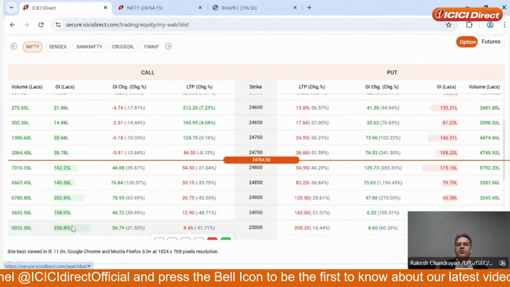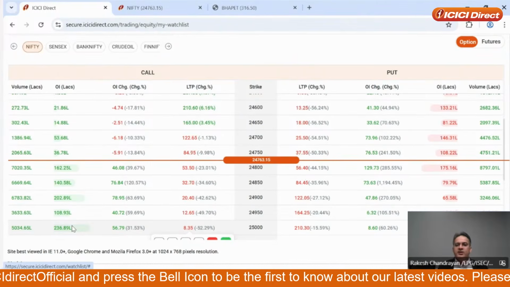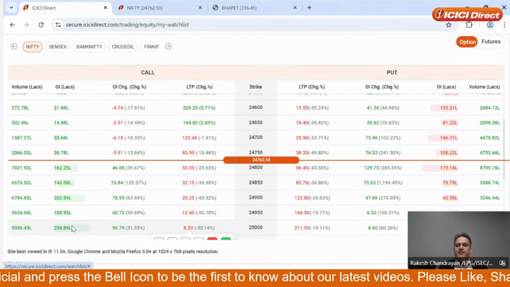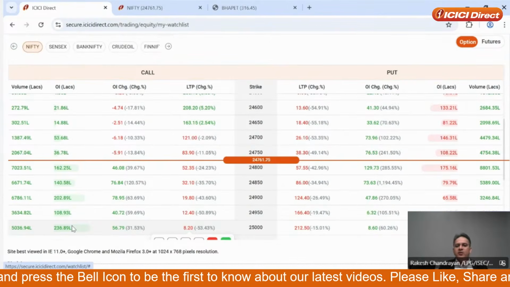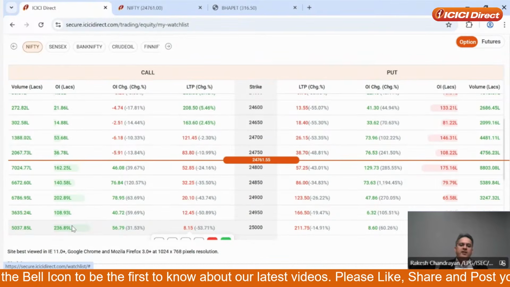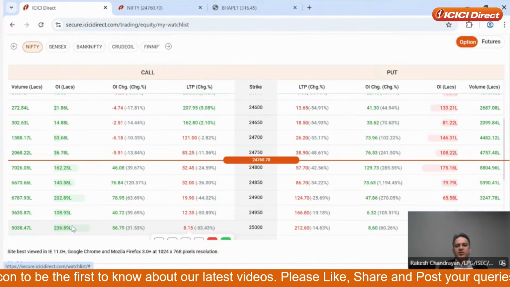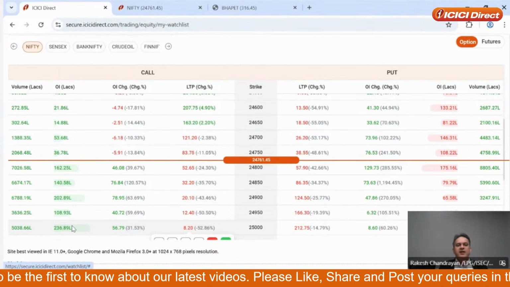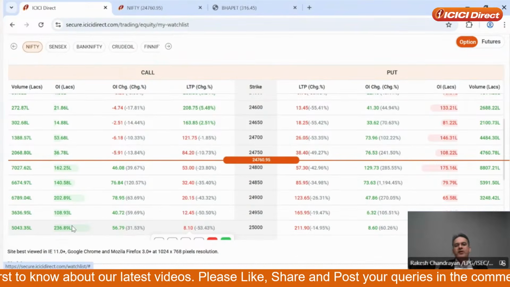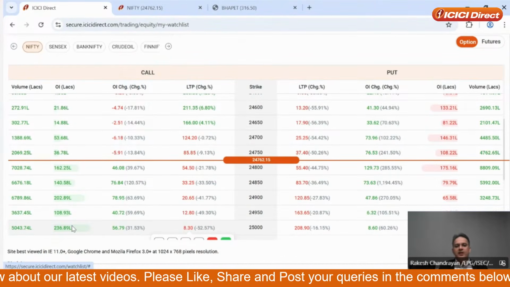What does open interest show when you look at the option chain? Basically, on the put side, if there is a higher open interest, there's a possibility that the market can take support at this level. On the call side, if the highest open interest is there, there is a possibility that the market can face resistance at that level. But it also tells you that if that level breaks and sustains below that level,